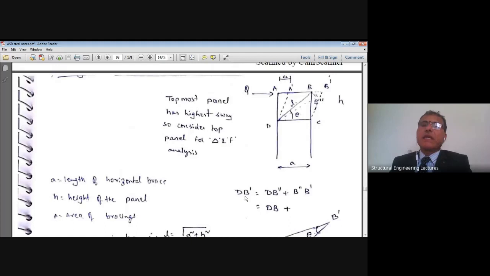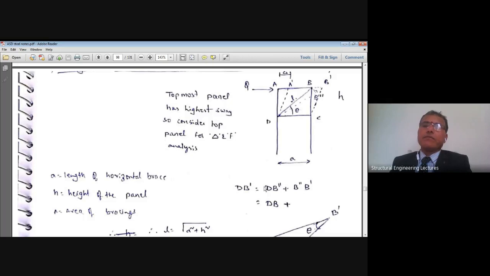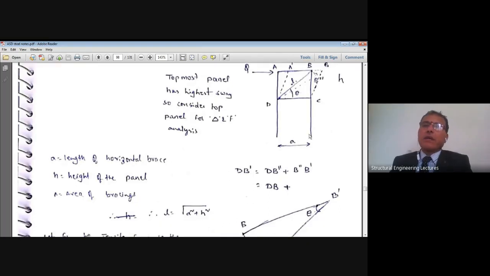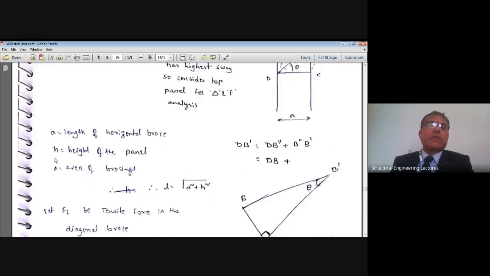From the schematic, we can say that DB prime is equal to DB double prime plus B double prime B prime, right? However, DB double prime is numerically equal to the DB initial length plus that B double prime B prime. Right? Now, let us say the